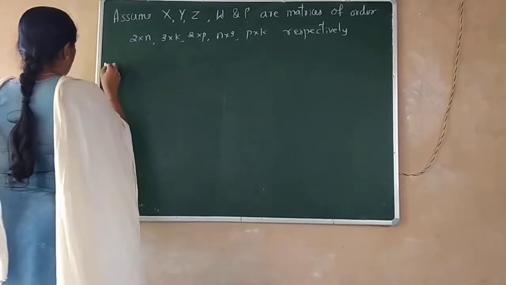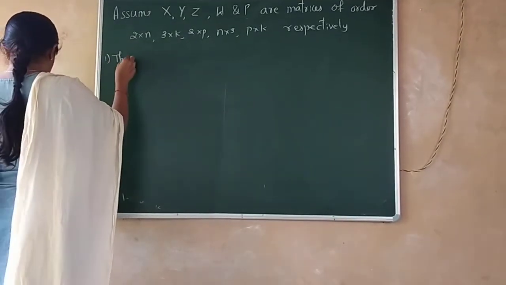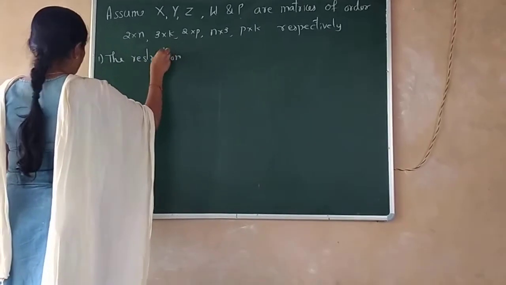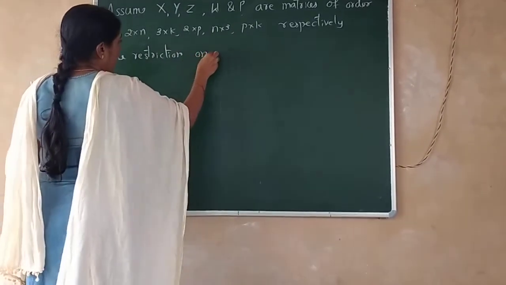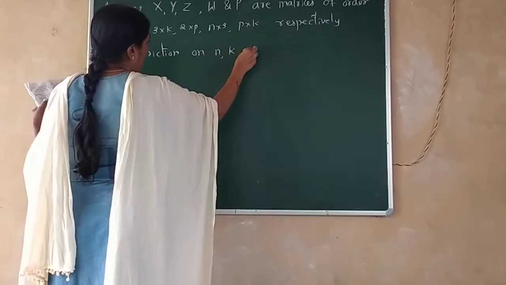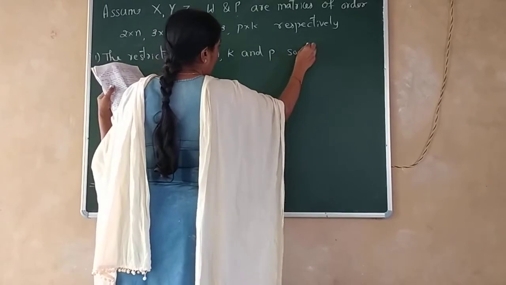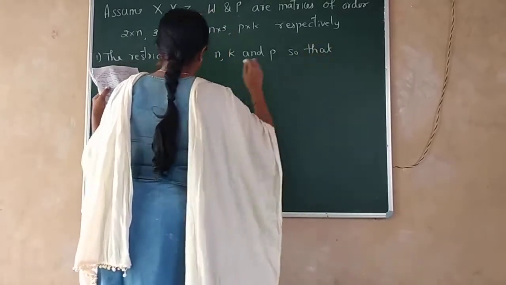Then the first question is, the restriction on n, k and p is so that